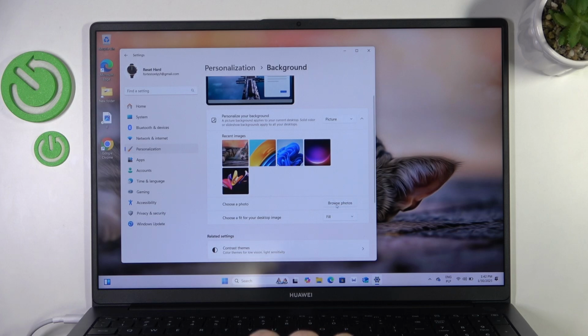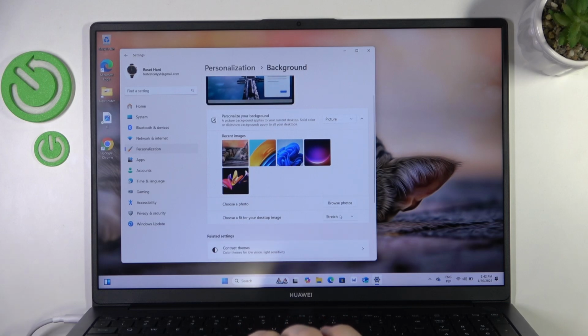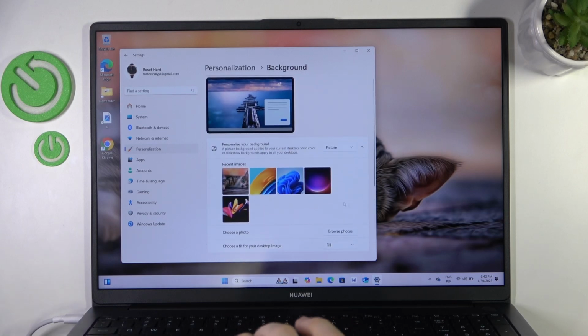You can click on Browse Photos to find the photo here, or you can also choose the fit to your desktop image to fit depending on the size of the image. Sometimes it'll fix distorted images, so it's just based on your preference. You need to test it out yourself. If your image is distorted, then you can adjust it here. And this is all you can do with your